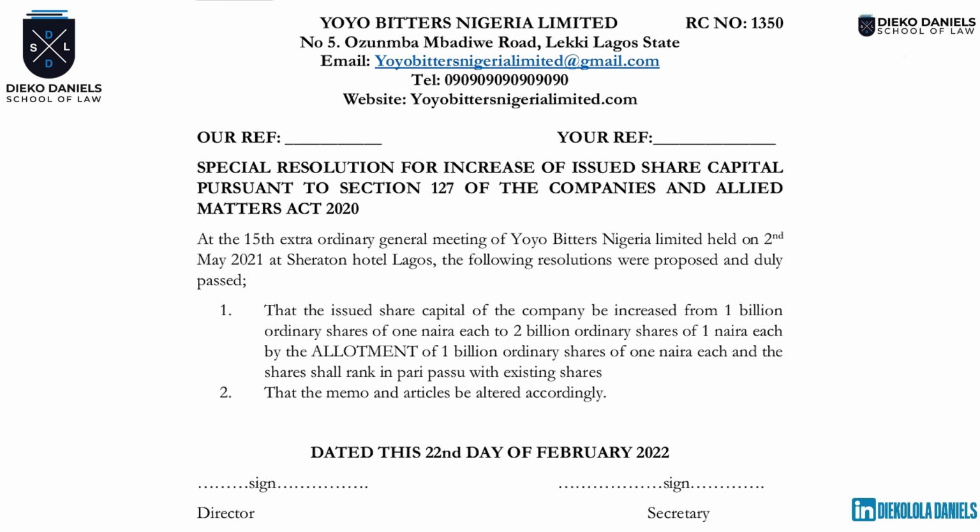The second thing is, what is the special resolution for? The special resolution is for the increase in issued share capital. That's why we are having a special resolution. The special resolution is for the change of name of a company. The special resolution is for the alteration of the object clause of a company. What is the special resolution for? That's the second thing. Then the third thing is, what is your section? If you can put these three things, you are going to get your full marks for that subject.